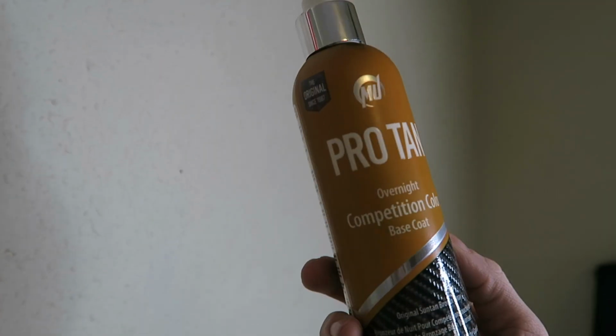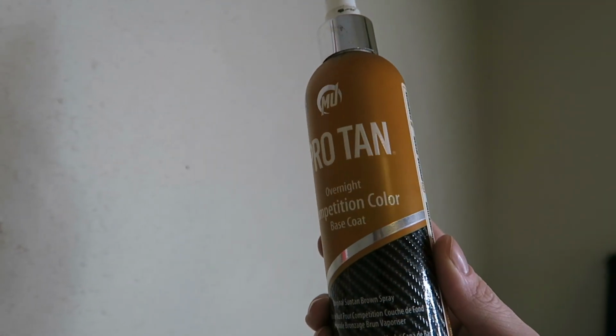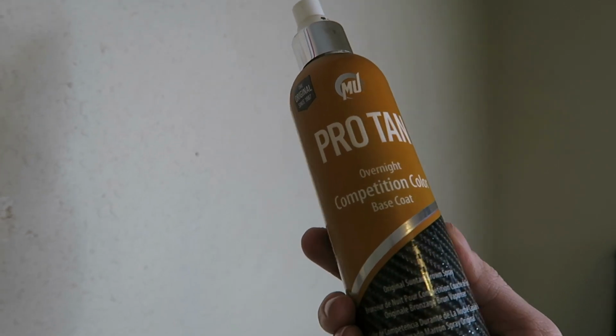All right, so now on to your tanning, makeup, and hair. These things can get pretty pricey, but you can also get away with doing them quite a bit cheaper. So my last show for my tan, I used the Pro Tan Kit. It costs $109. It includes your buffer, it includes your base coat, your top coat, your glaze, and bikini bite,